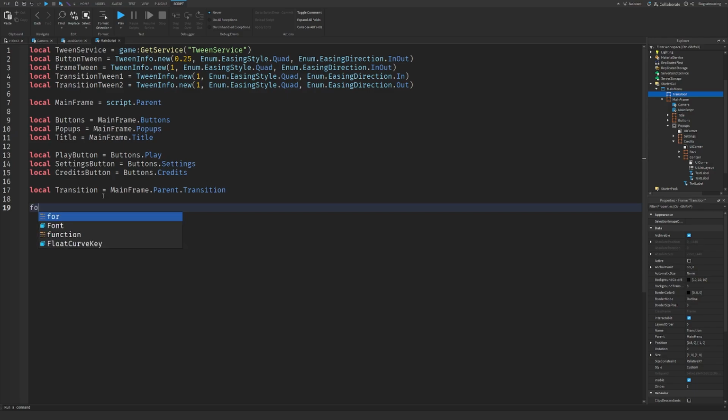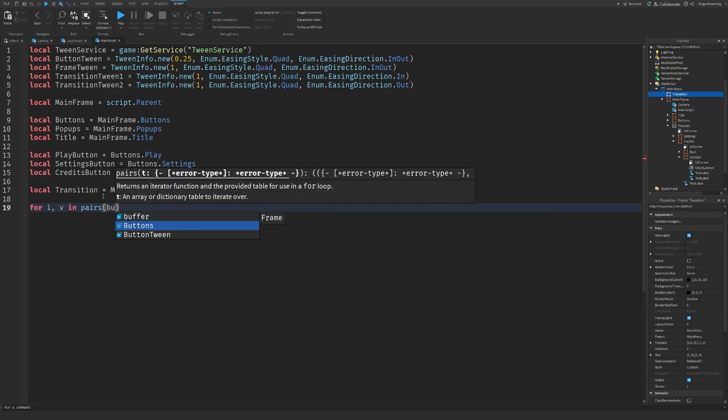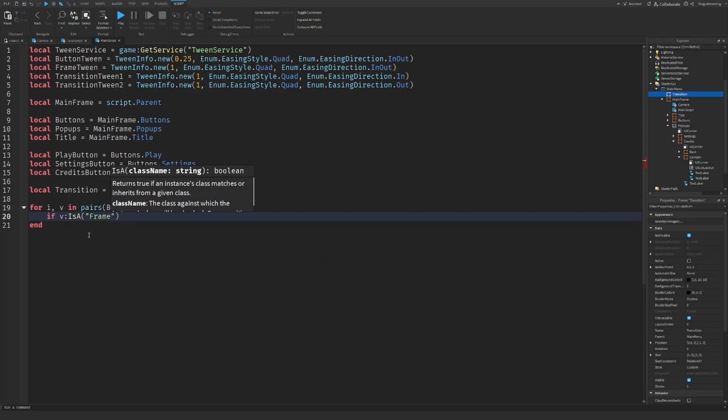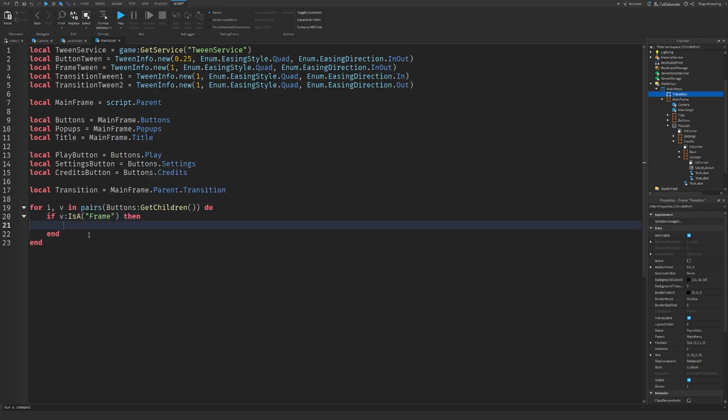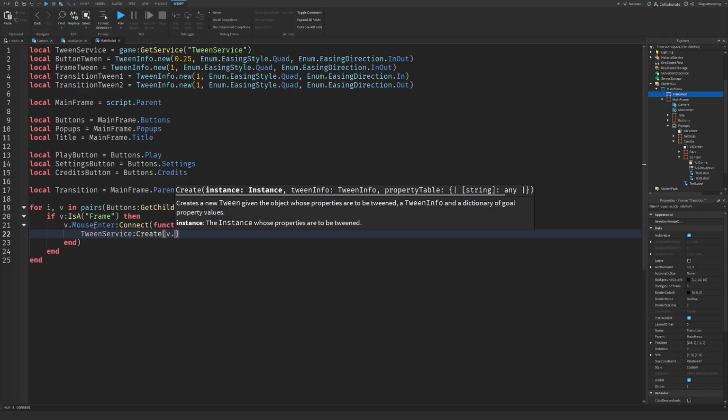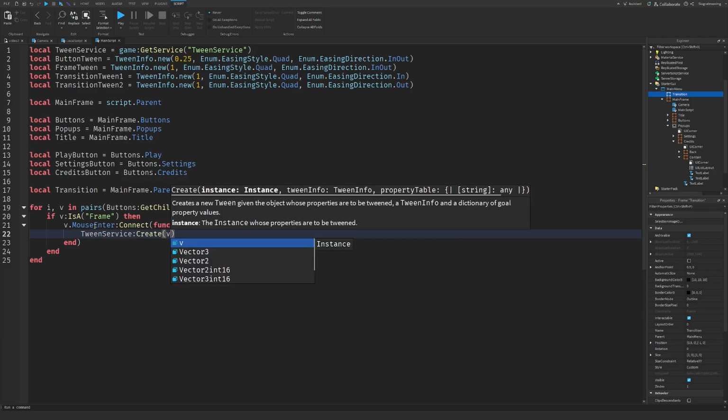To do that, we'll do for i, v in pairs buttons get children do. Then we'll just looks like this. We'll do if v is a frame, then v dot mouse enter connect function